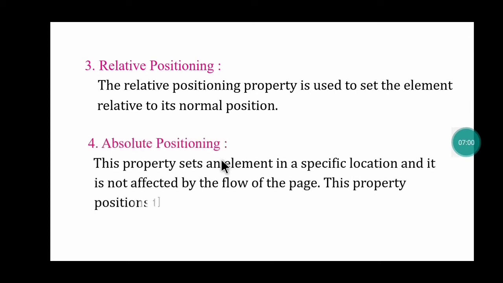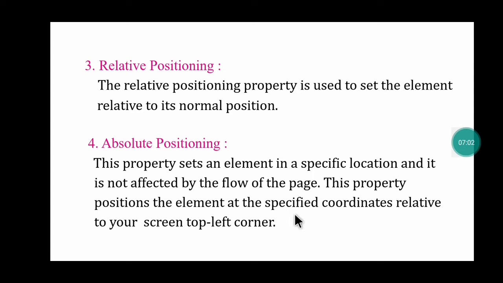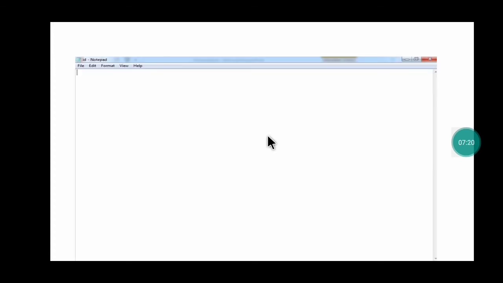And the absolute positioning. This property sets an element in a specific location, and it is not affected by the flow of the page. This property positions the element at the specified coordinate relative to your screen, top left corner or somewhere else. So these are the 4 positionings you will find in CSS. Let's see an example